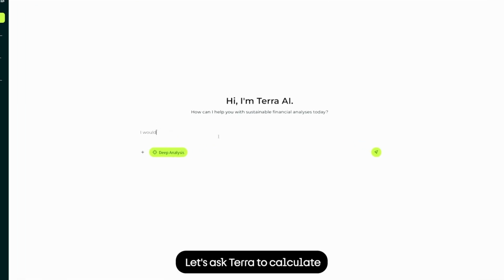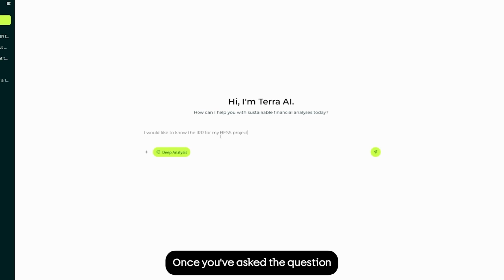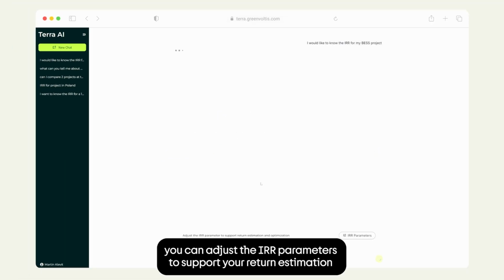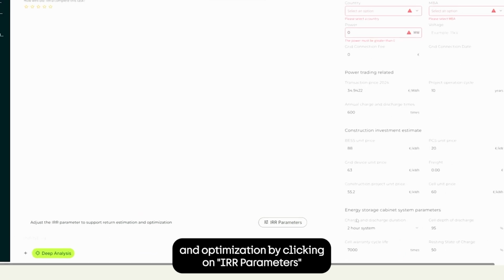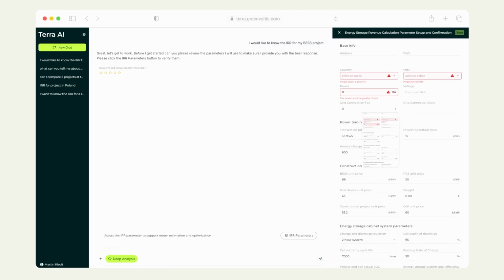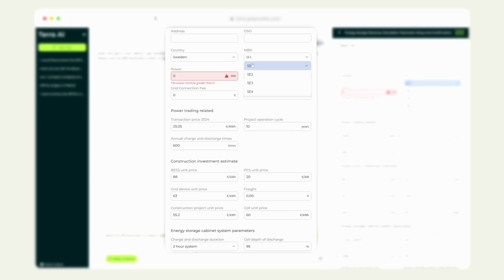Let's ask Terra to calculate the IRR for a BESS project. Once you've asked the question, you can adjust the IRR parameters to support your return estimation and optimization by clicking on IRR parameters. Here you are able to enter parameters, such as selecting the country, the bidding zone,